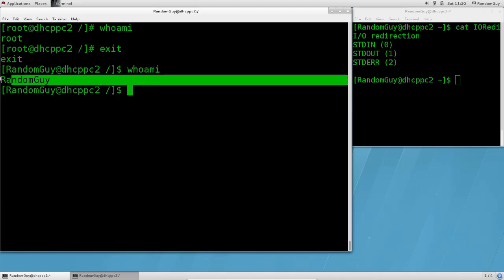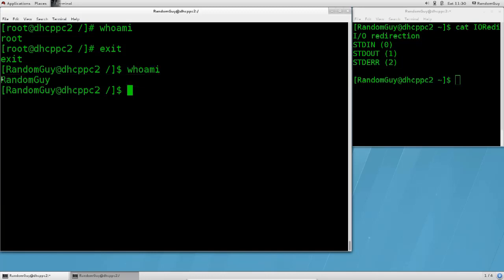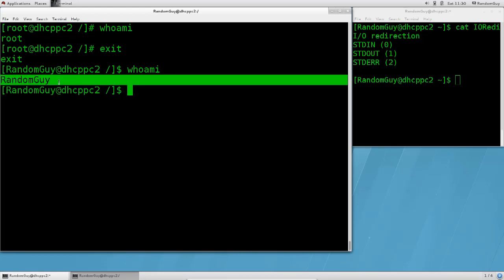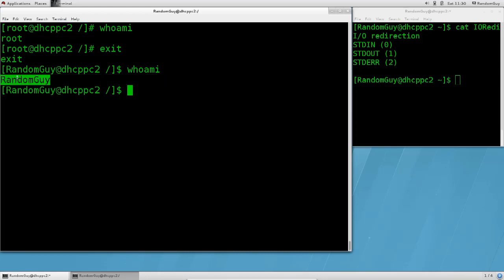Standard output would be this return value that we get here, well, maybe not the return value, but something that gets printed out. It says random guy. That is the username of the current user. Anyway,